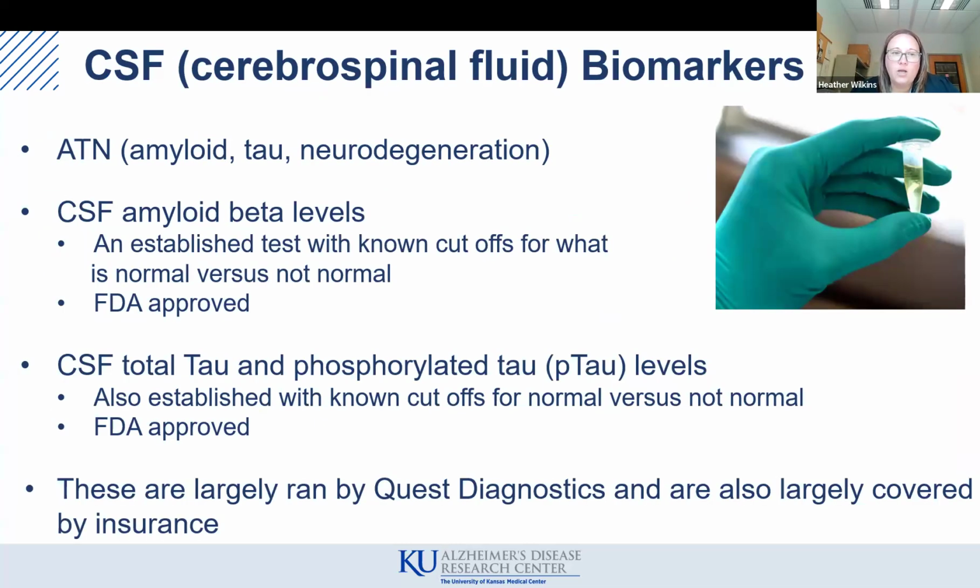Cerebral spinal fluid biomarkers, again, are going to follow the ATN framework: amyloid, tau, and neurodegeneration. You can get cerebral spinal fluid amyloid beta levels. This is an established test with known cutoffs for what is normal versus not normal. And this is going to be very important to think about when we talk about blood-based biomarkers. These are FDA-approved tests. Both the CSF amyloid and the CSF total tau and phosphorylated tau levels are FDA-approved, and